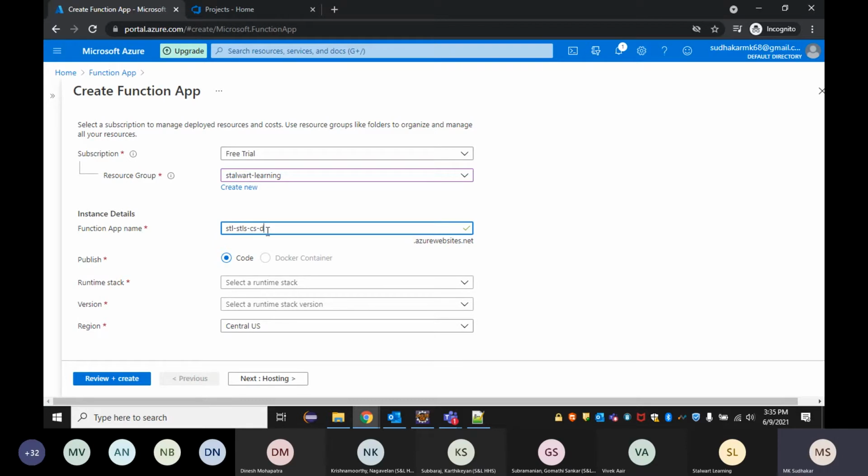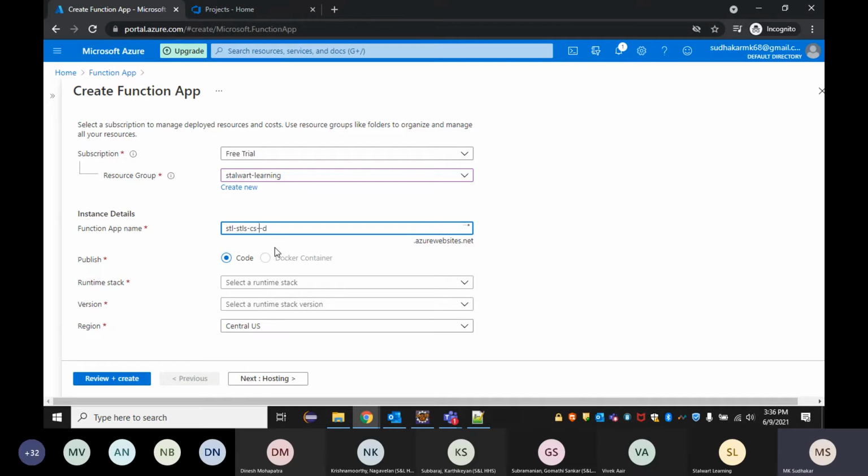For example, right now I'm saying it's a function app, so you can make it like FA for function app and then -d, so that it's very clear that it's a function app. When we are doing a web app, we can give UI or web app or anything which is required.